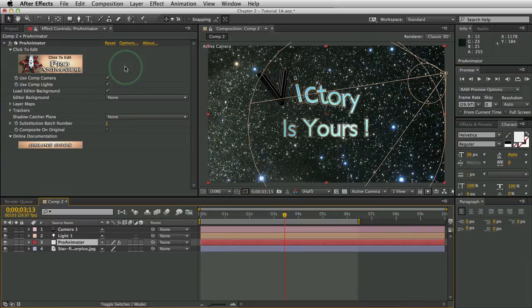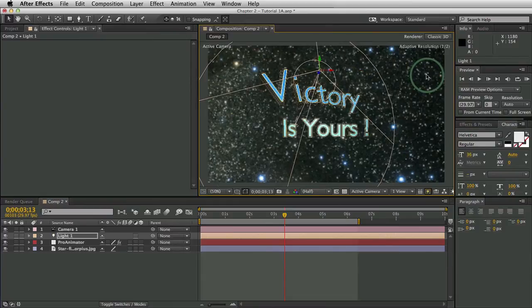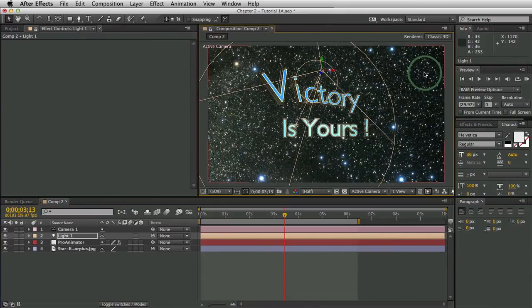All right, so anything else, all these trackers and layer maps things, we'll be covering that in a future tutorial. In the meantime, that's how the After Effects ProAnimator plugin works. Anything past this point is going to be just adding more detail. Remember, we started by creating the objects, we then created the materials, we put the materials onto the objects, then set up the animation, and then did the rendering. Those 4 steps are the same basic 4 steps for everything. Got it? It's very simple.